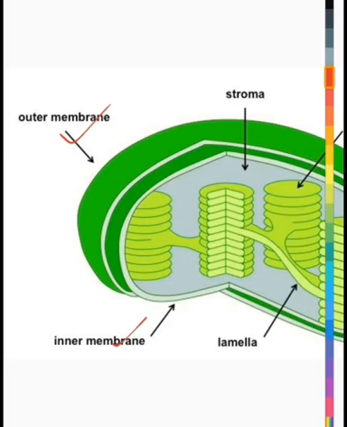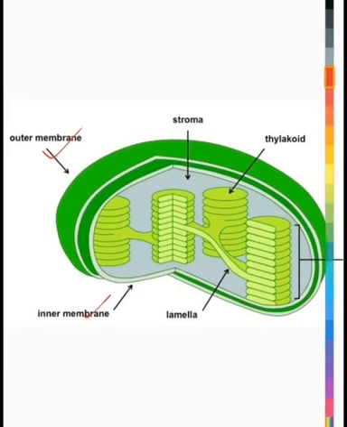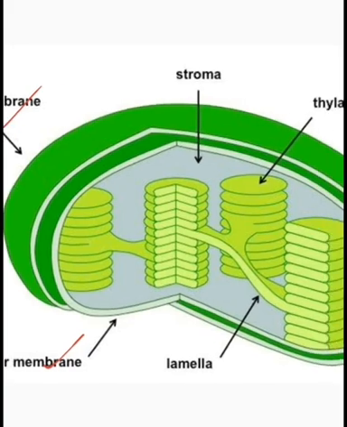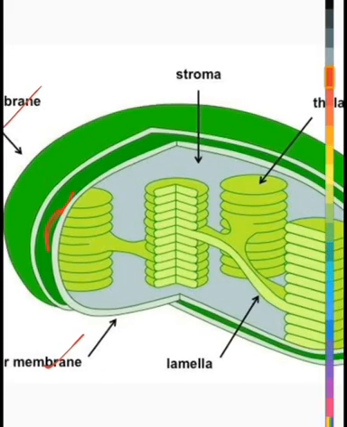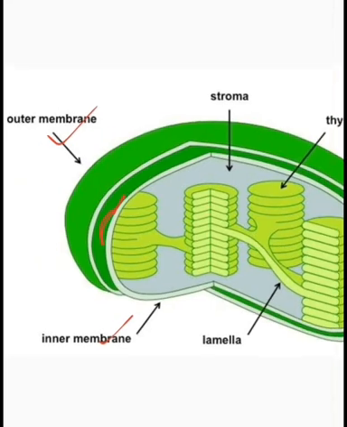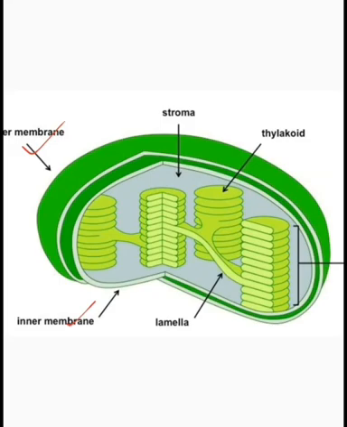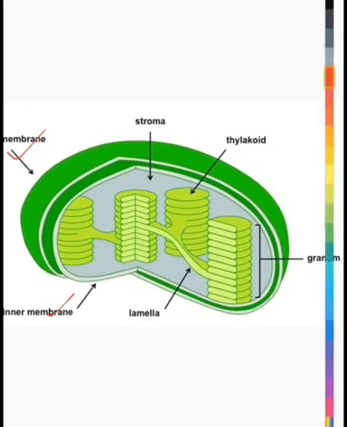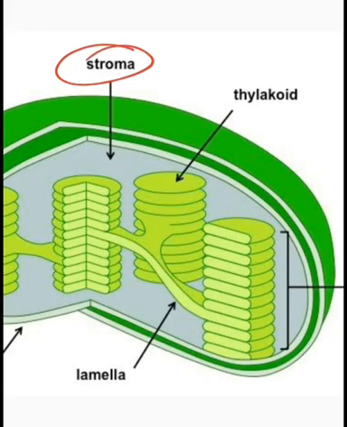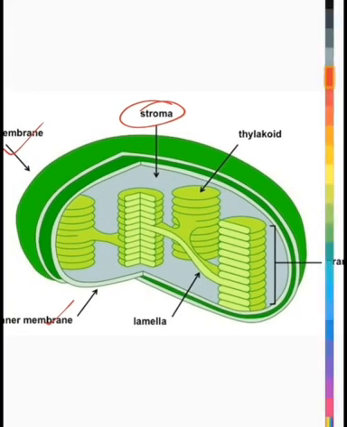The space between these two membranes is known as periplastidial space. It is there in your book, periplastidial space. Moving on to the other parts of the chloroplast, the next one is the stroma, also known as the matrix. Matrix for anything can be the base of any structure. We have also studied in the structure of mitochondria that there is a matrix, that means the base of mitochondria.